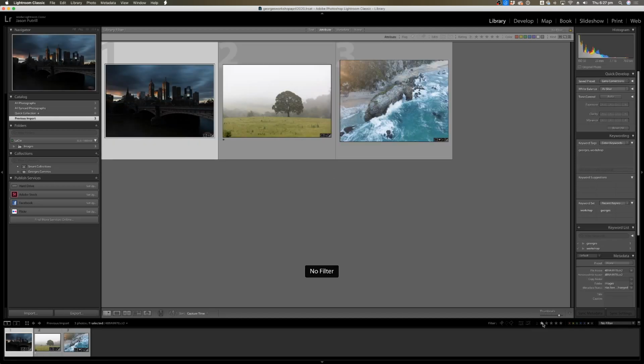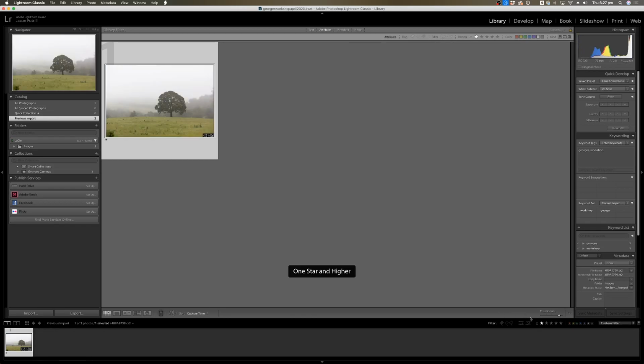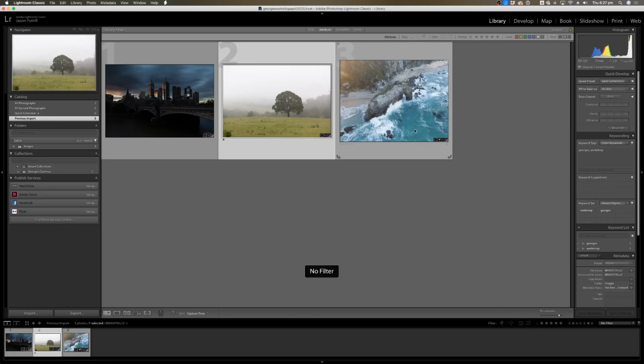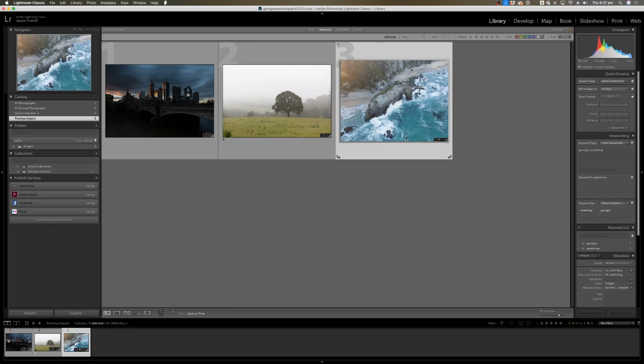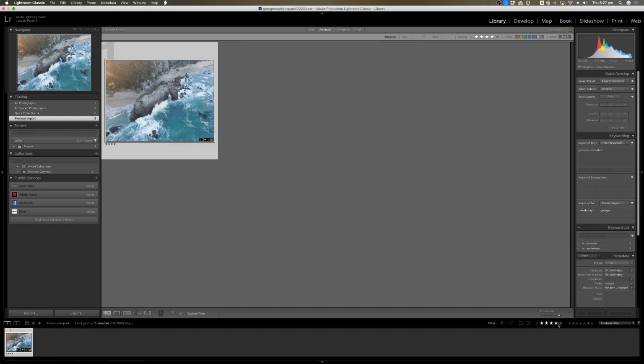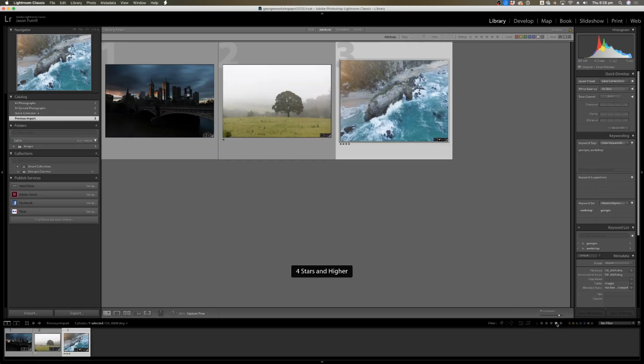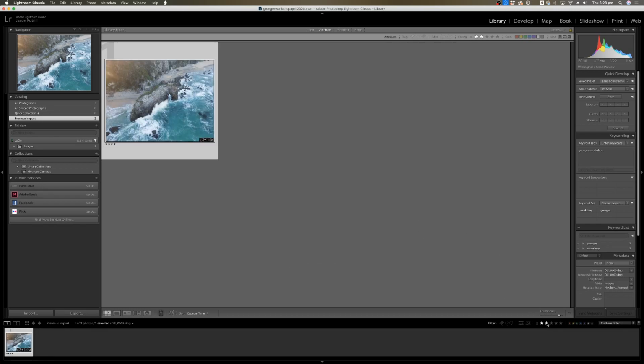Okay, so if I go back to the beginning, I'm just going to remove the rating. I'm going to rate the horse head number 4. This is actually an image that I have posted to Instagram in the past. So as I scroll through my rating, I'm just selecting, again, the stars, and that'll actually bring up that image. Okay, so I've got, at the moment, an image rated as